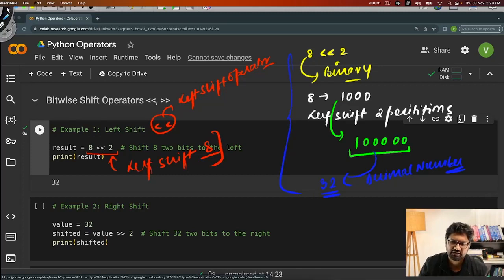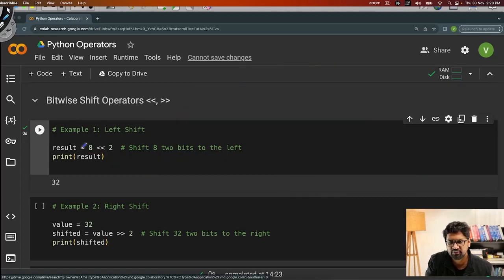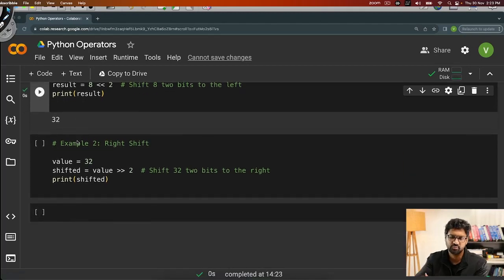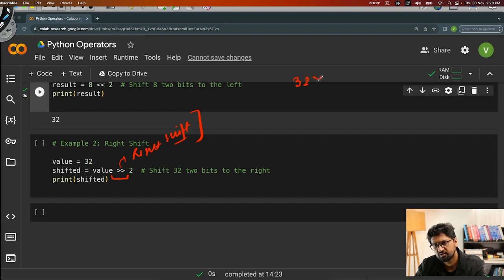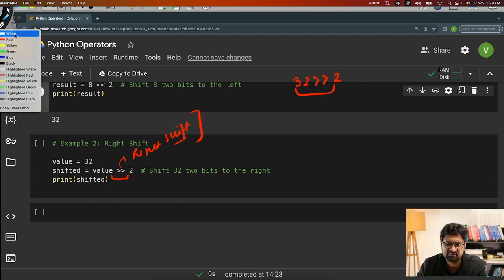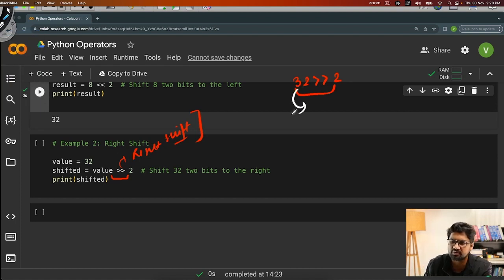ठीक है. ठीक इसी तरीके से, if I try to move up, we have another operator जिसको हम लोग बोलते हैं right shift operator. ठीक है, इसको हम लोग बोलते हैं यहाँ पे right shift. ये है right shift. हमने यहाँ पे क्या किया है, राइट शिफ्ट किया है. तो same thing, if I say 32 right shift 2, the very first step which will happen is that ये 32 को हम लोग कन्वर्ट कर देंगे बाइनरी में.